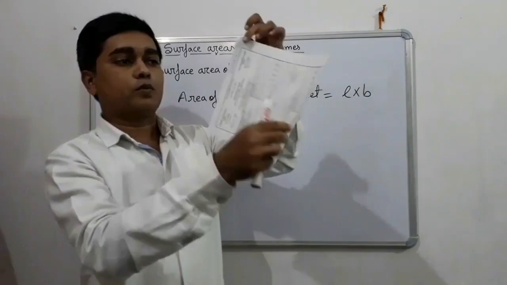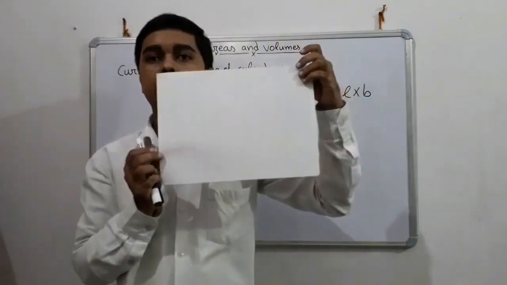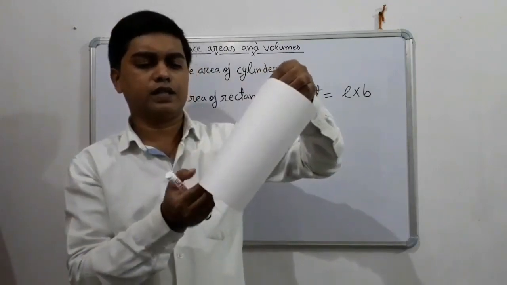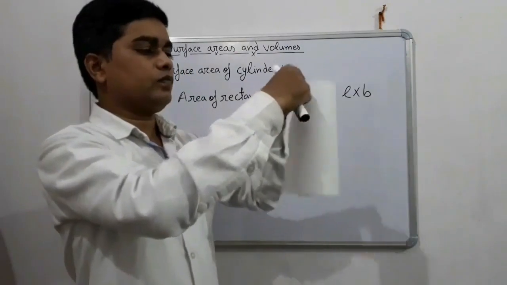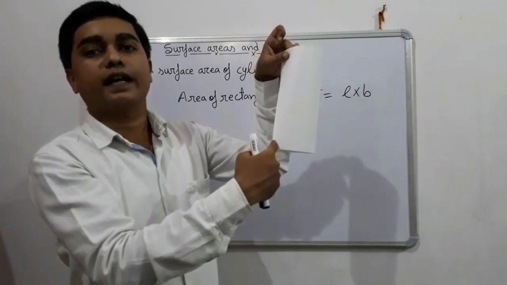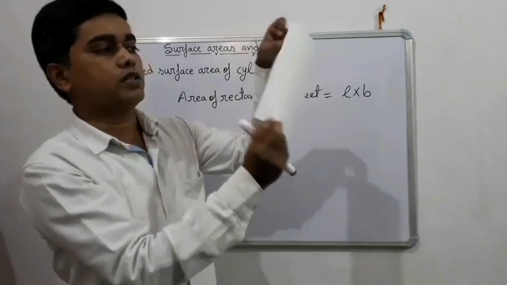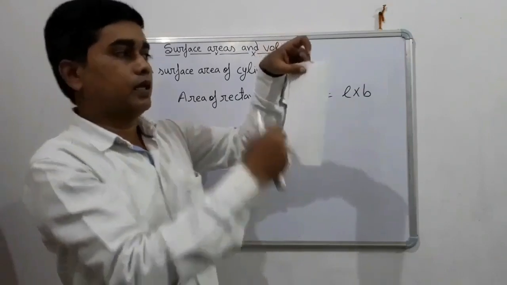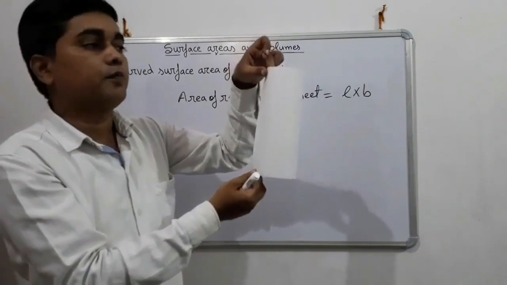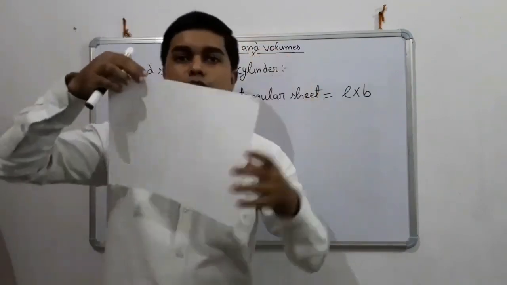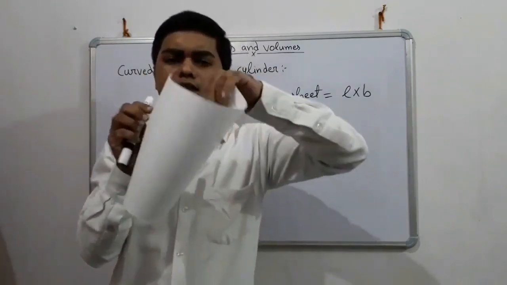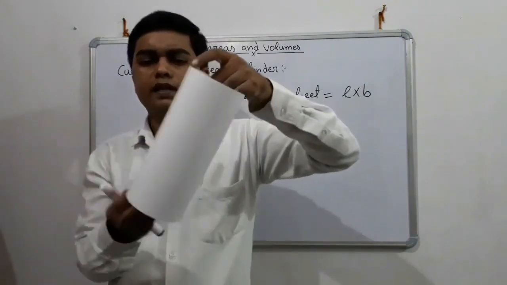अब फिर से मैं आपको दिखाता हूँ. This was a rectangular sheet. And when you are folding this rectangular sheet like this, then it was the breadth of the rectangular sheet. देखो, it was the breadth. तो breadth का मतलब, now for the cylinder, breadth is height. And see, this was the length. Then you are folding like this, then what are you getting?